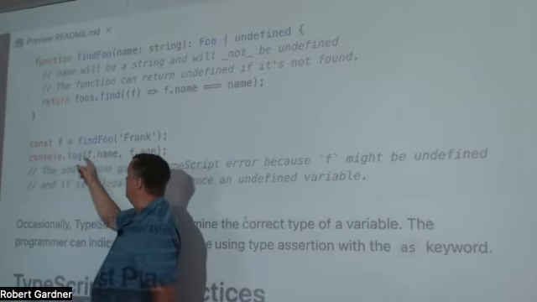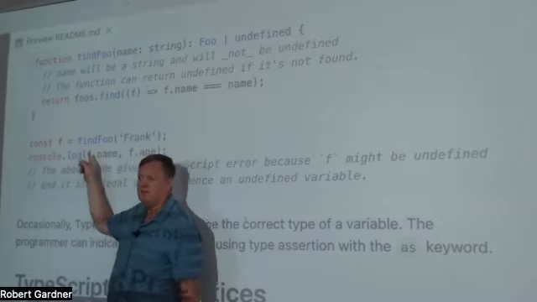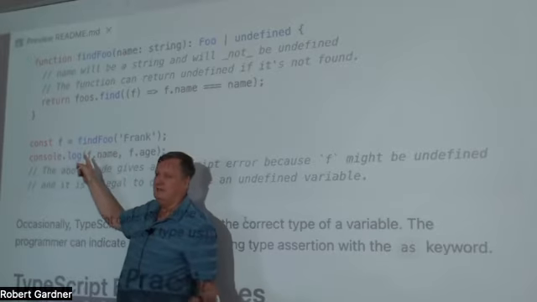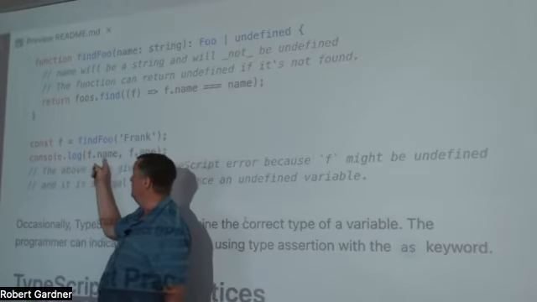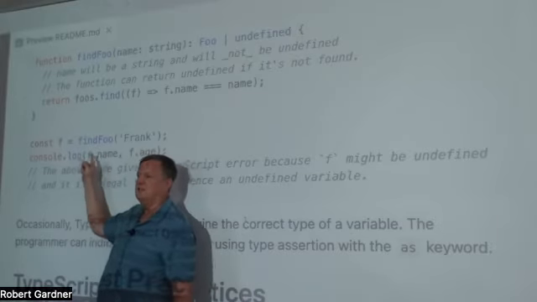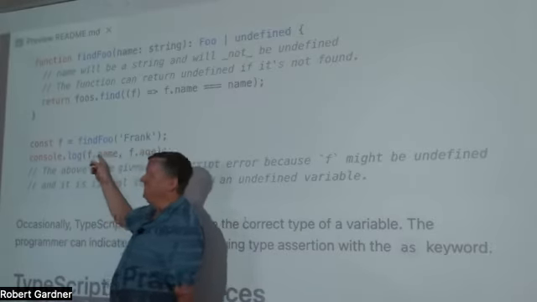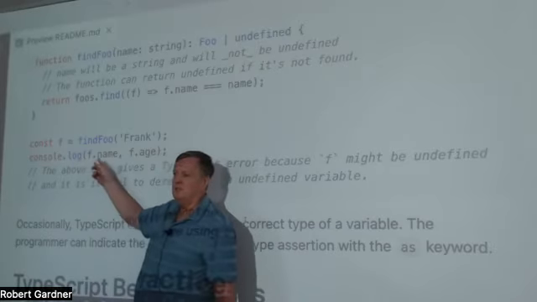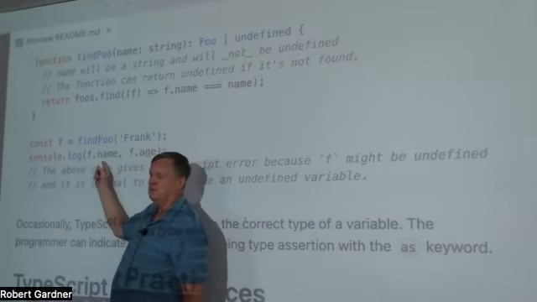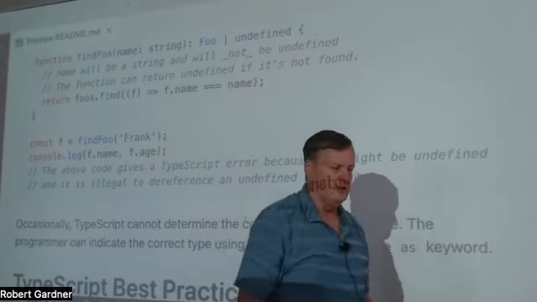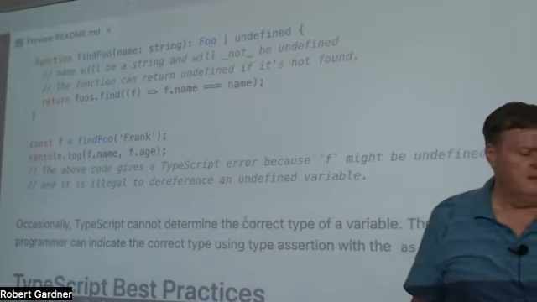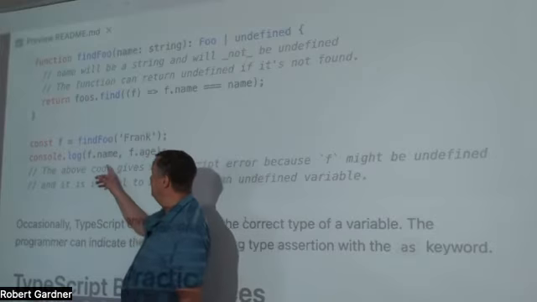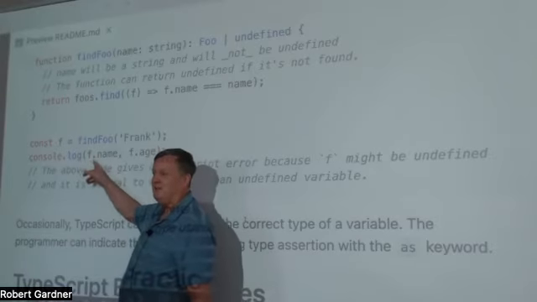If f is undefined, what happens in JavaScript when I say f.name? You get a type error. You say, I can't look up property name on undefined. You've seen those a zillion times, I'm sure. So the compiler will catch this. I don't need to worry about the fact that this has a bug in it, because TypeScript will catch it for me, and I'll know, and I'll have to fix it. What's one quick way to fix it? See how well you learned your ES6 operators? How can I fix this? First one, f.name.